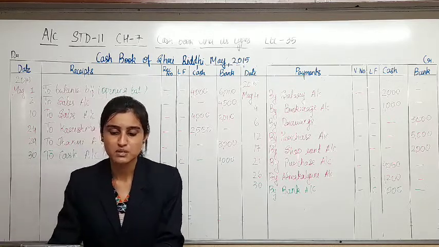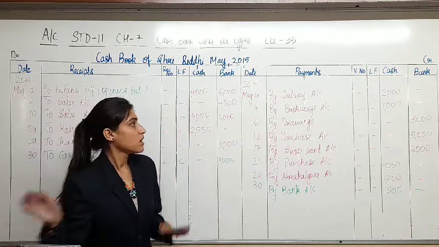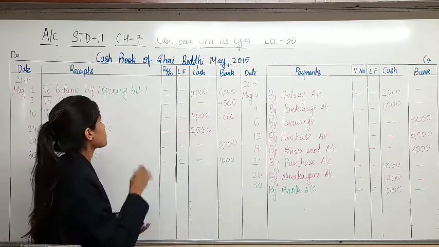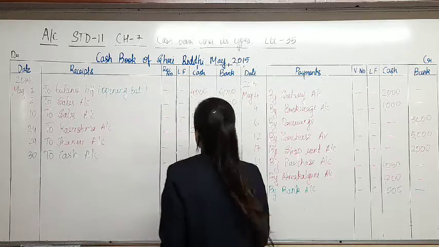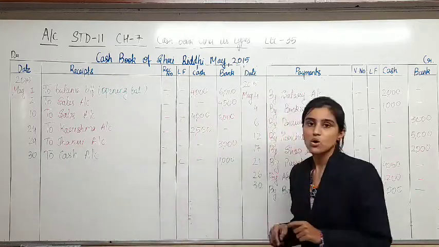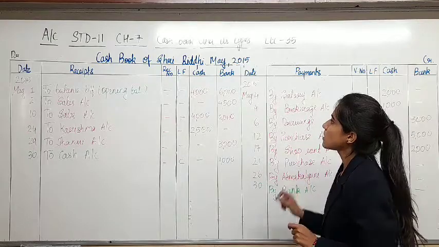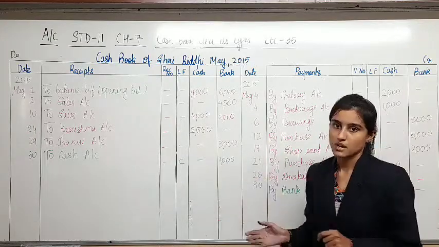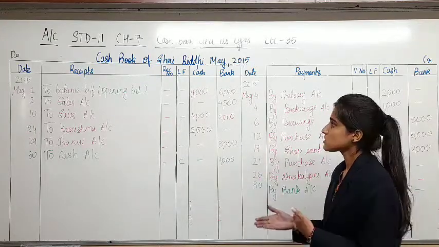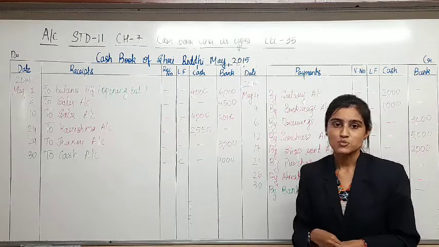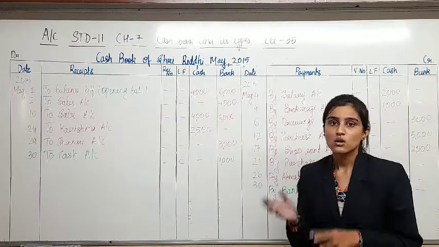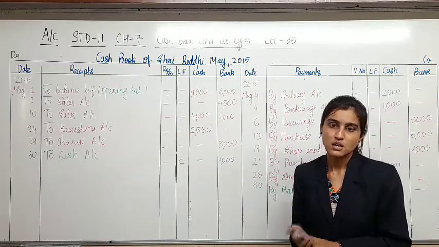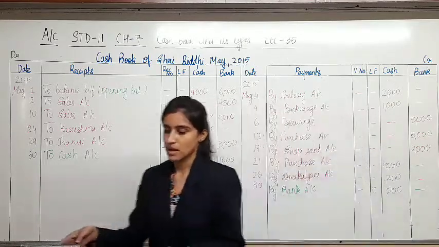This chapter is quite simple and easy, and with this here we have completed the topic of two columnar cash book with the columns of cash and bank. Previous to this we have done two columnar cash book with the column of discount and cash. Yes, further there is a two columnar cash book with the column of discount and bank or bank and bank. Yes, that we will be doing in the chapters ahead.